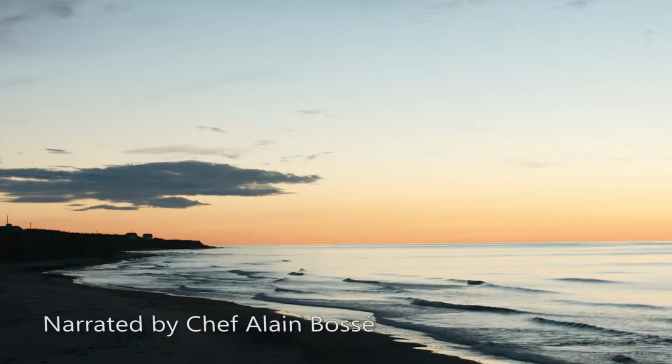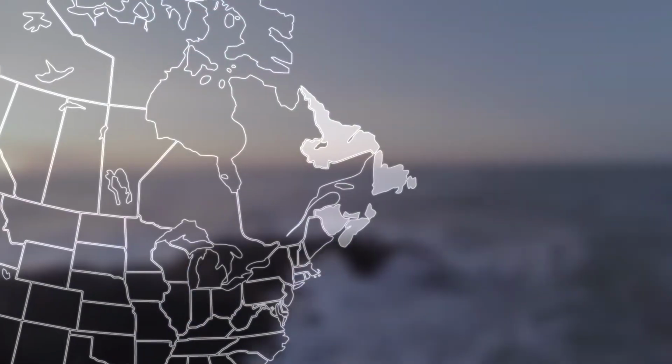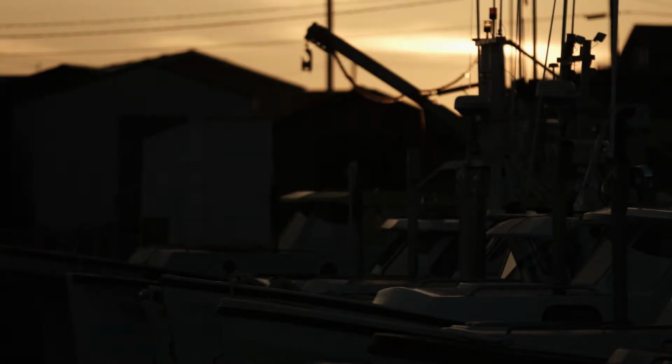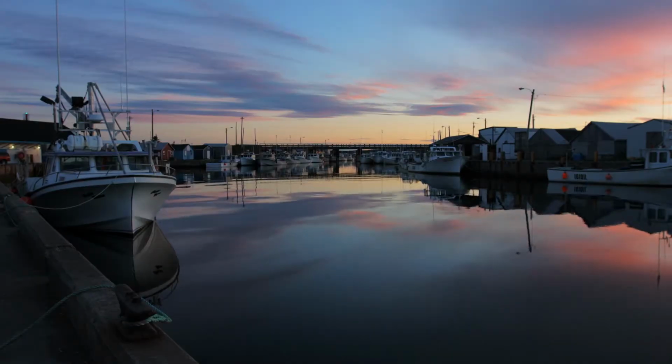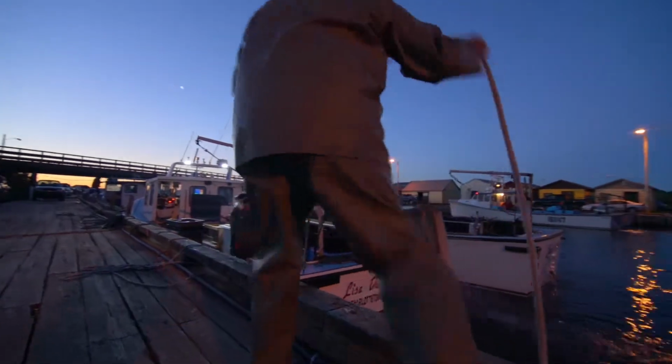The icy and pure waters of Canada's North Atlantic Ocean. This is where you'll find the best lobster in the world. This is where independent fishermen from across Atlantic Canada rise with the sun to tend to their traps along our